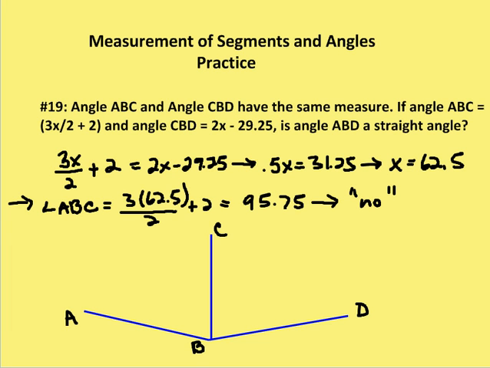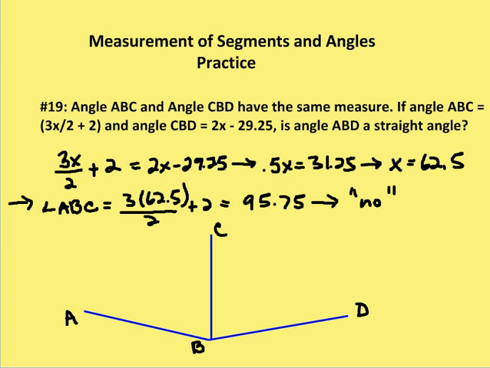In this edition of AutenMath, we're going to tackle a couple problems from our geometry section 1.2 in measurement of segments and angles. So question number 19 says angle ABC and angle CBD have the same measure. Okay, so the measure is the same. If angle ABC is 3x divided by 2 plus 2 and angle CBD is 2x minus 29.5, is angle ABD